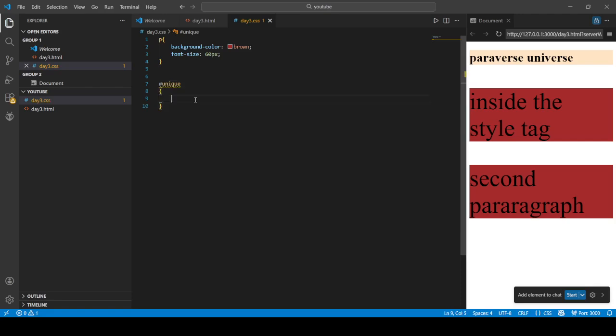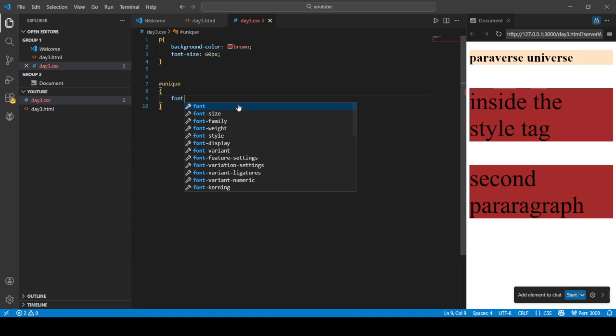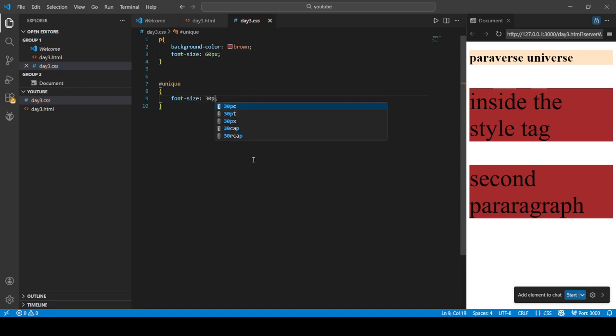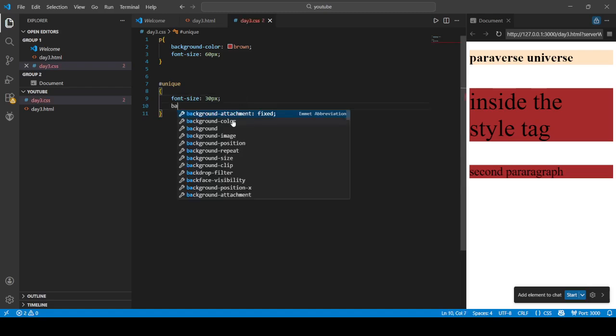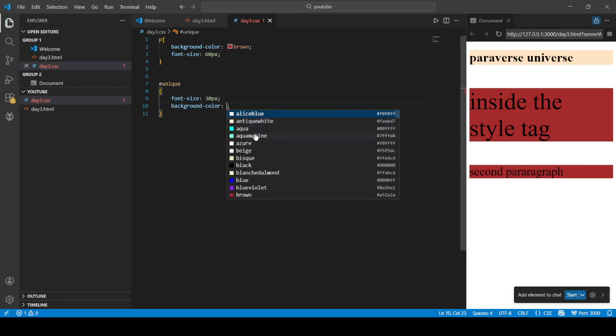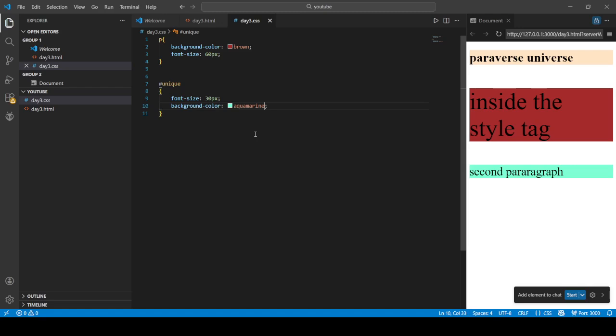Now you can easily provide the property. If you want to increase or decrease the font size, let's go 30 pixels. You can see the changes. Now if you want to give the background color, this is our aquamarine. Okay, so this is our first way, that if you want to give the color to all the paragraphs